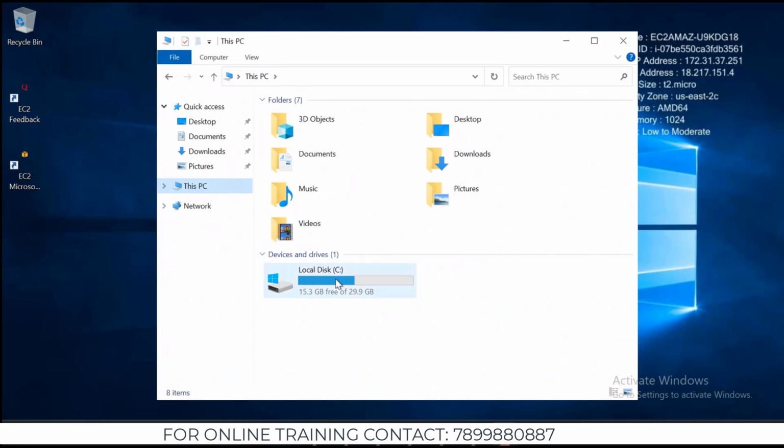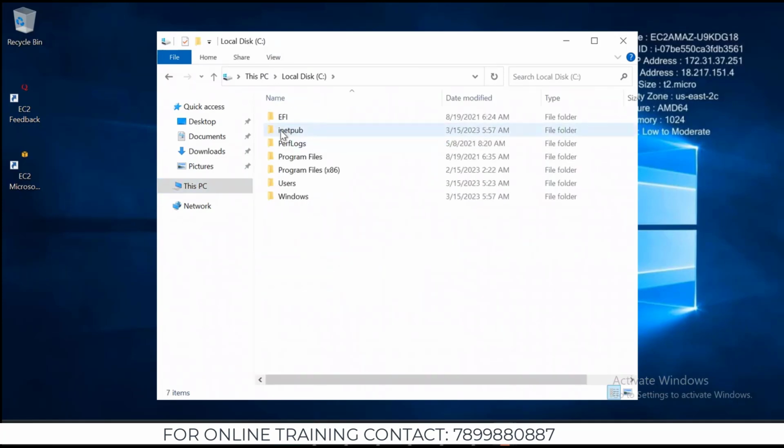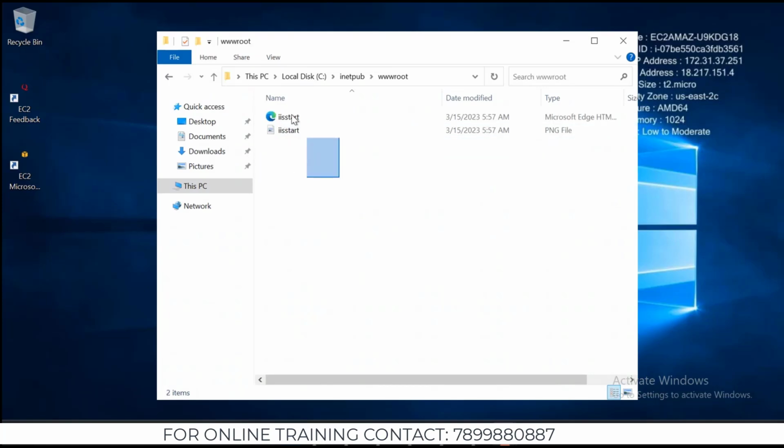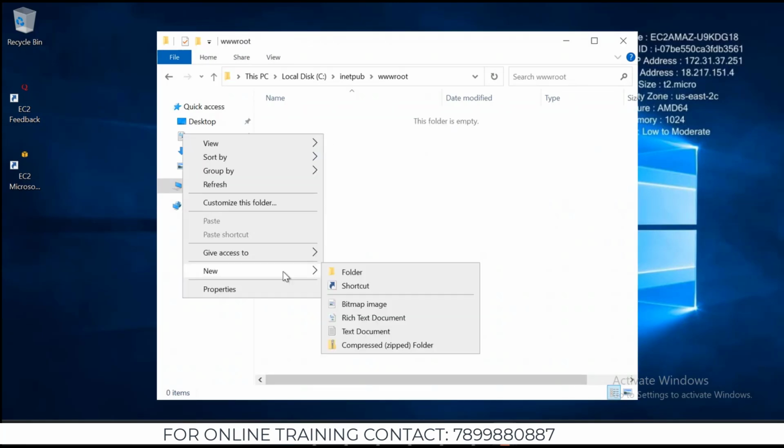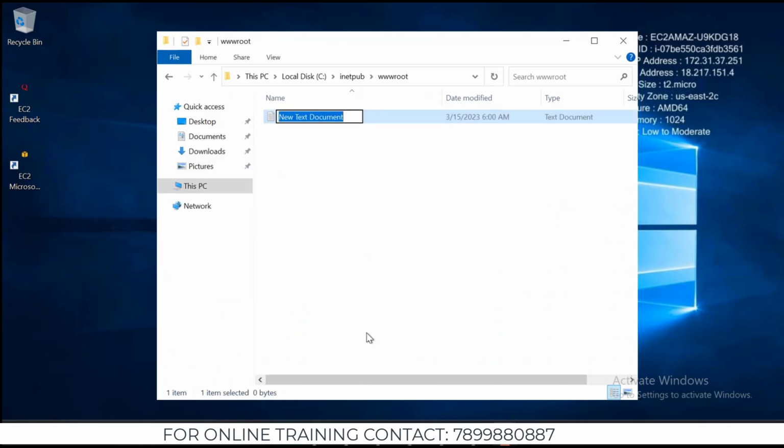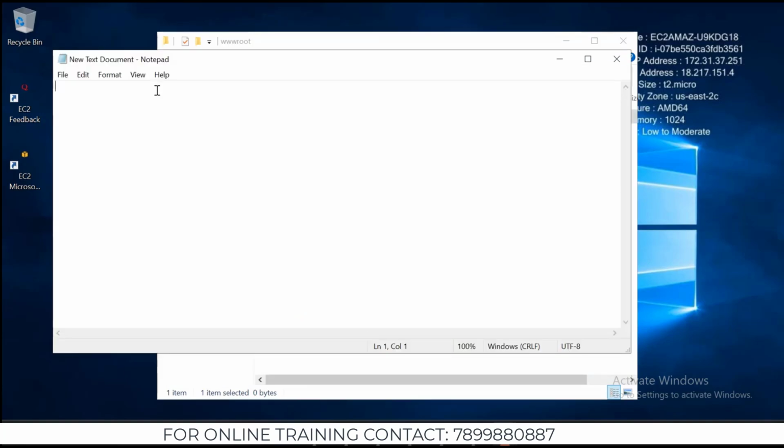Go to the C drive. And here you need to enter into inetpub. You just enter into this folder, then you have wwwroot. Here you just delete everything and we'll create one new file. So just right click and create a text document. For this, I will open it and give some text here. You can give Apex Global Tech